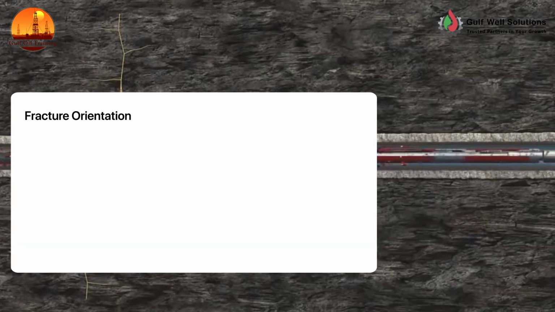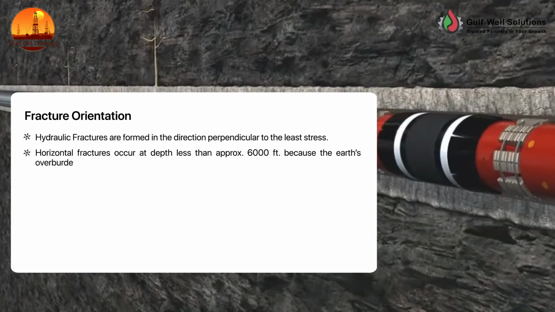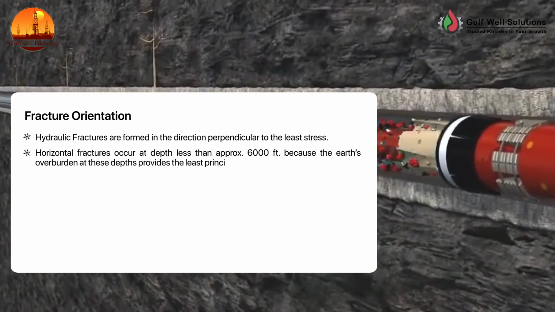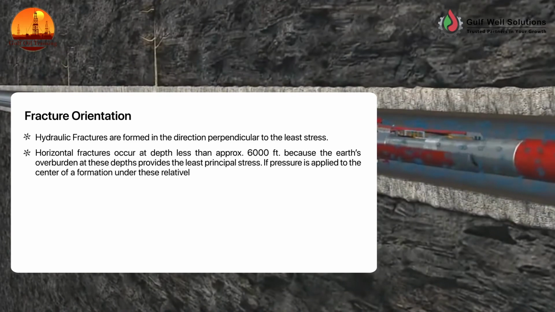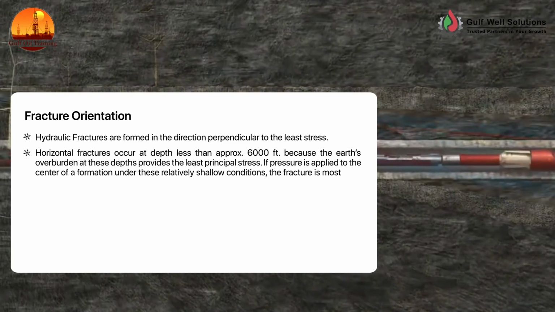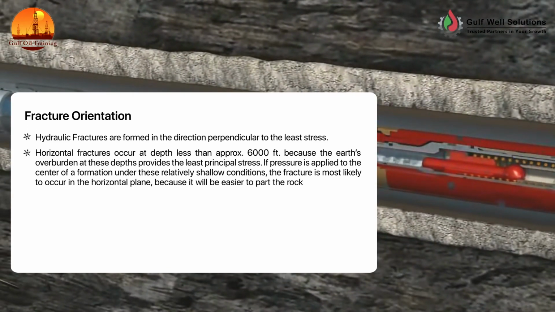Fracture orientation: hydraulic fractures are formed in the direction perpendicular to the least stress. Horizontal fractures occur at depths less than approximately 6,000 feet because the Earth's overburden at these depths provides the least principal stress. If pressure is applied to the center of a formation under these relatively shallow conditions, the fracture is most likely to occur in the horizontal plane, because it will be easier to part the rock in this direction